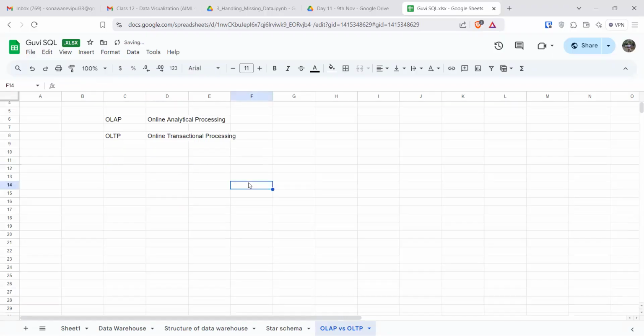So what we'll do is we'll create a table. I'll tell you why that is a wrong question to ask. The reason is a database is nothing but a collection of data, right? And so is the data warehouse. A data warehouse is also a collection of data. So a more appropriate question to ask would be, what is the difference between a data warehouse and a transactional database, right? Let me define this term, transactional database,